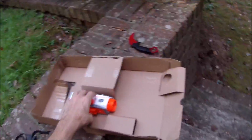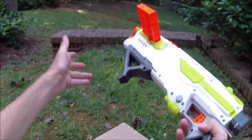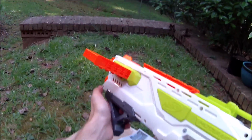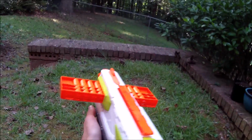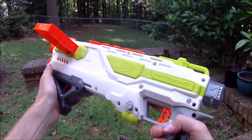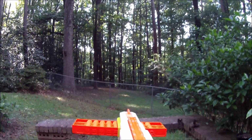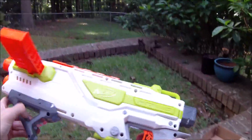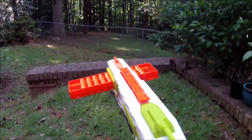There are no controls for the camera itself built onto the blaster, which was one of the neat things about the Nerf cam. To start recording, all you had to do was click and you were good to go. Now, without slam fire, it's not a very good pump action springer, and without performance, it's also not a very good pump action springer. That was a pretty decent shot, I will give it that, but overall, I don't like